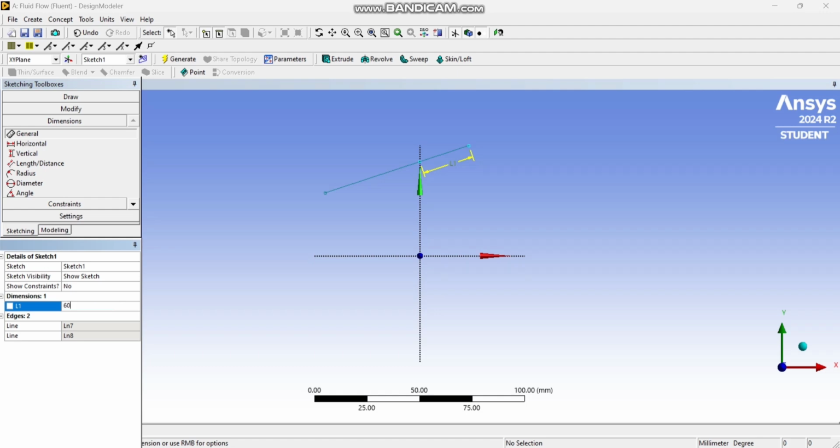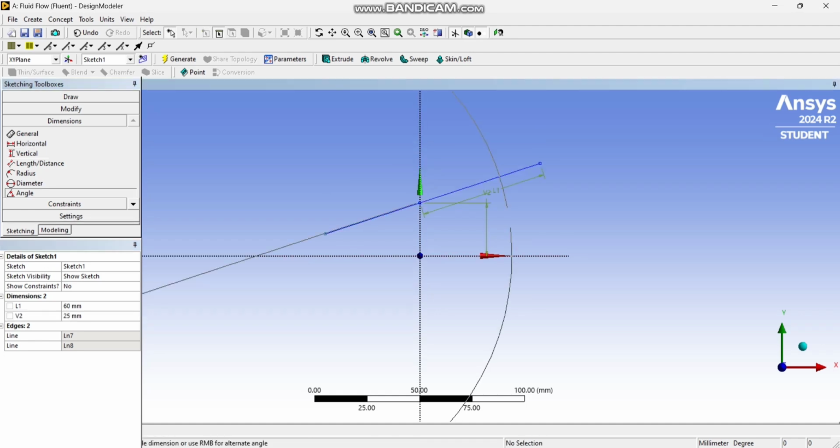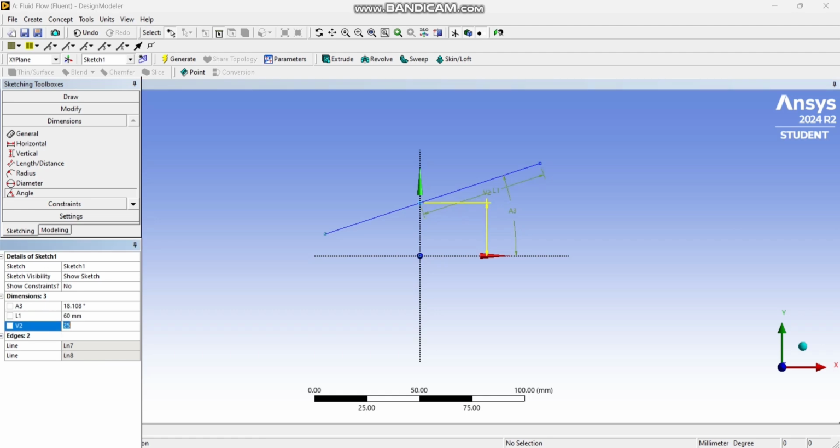millimeters, and this is the vertical position of one of the blades, it's 25. And then the angle, alternate angle, and the angle will be 20,